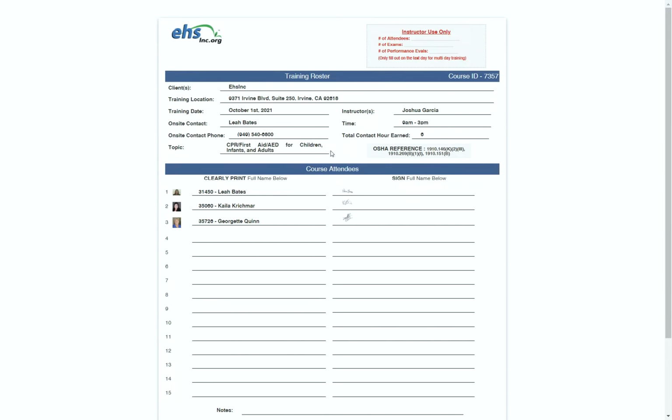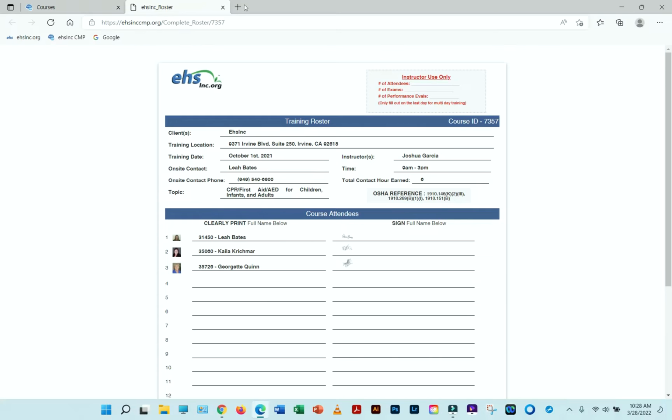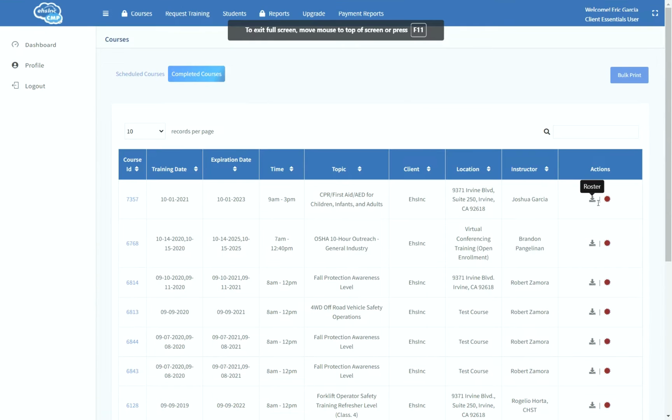It's going to go ahead and populate the roster with all the real-time signatures and the employee photos and their ID number and name. This is going to be automatically downloaded to your local hard drive as a PDF, so look out for that. Now you're going to go back, and if you wanted to click on the print certificate